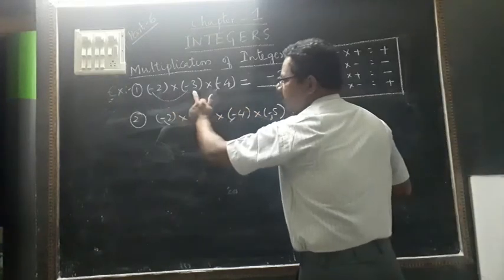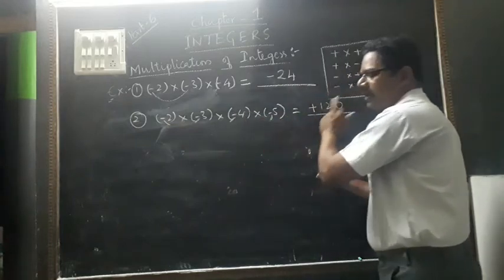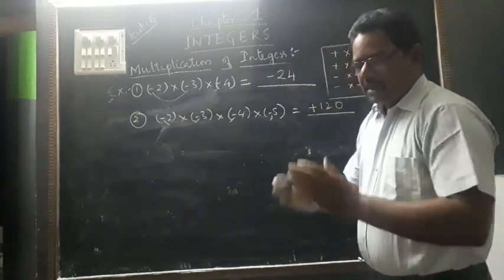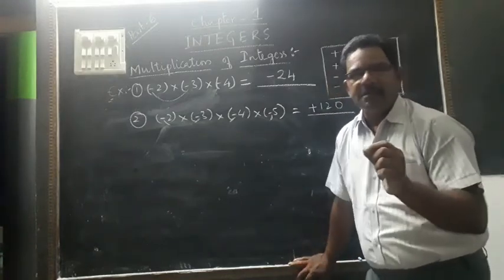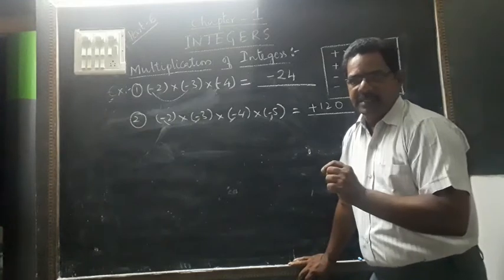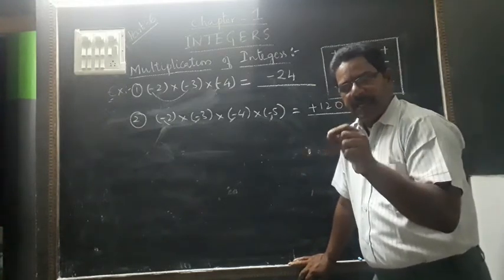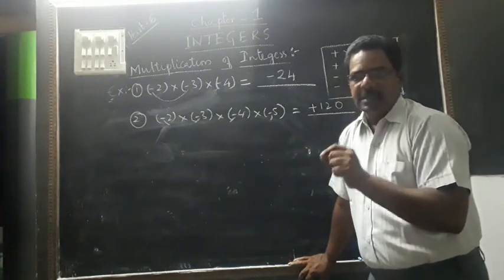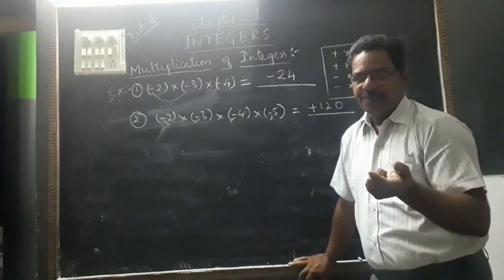This is the product of 3 negative integers, we are getting minus. Product of 4 negative integers, we will get plus, a positive integer. So if the number of integers is an even number, we get a positive integer as the final result. If you have an odd number of negative integers, then the resultant integer symbol is negative.